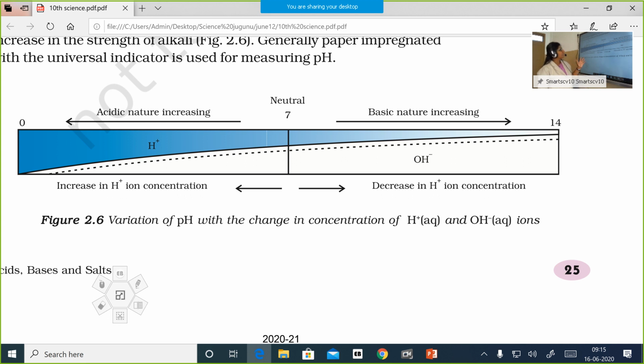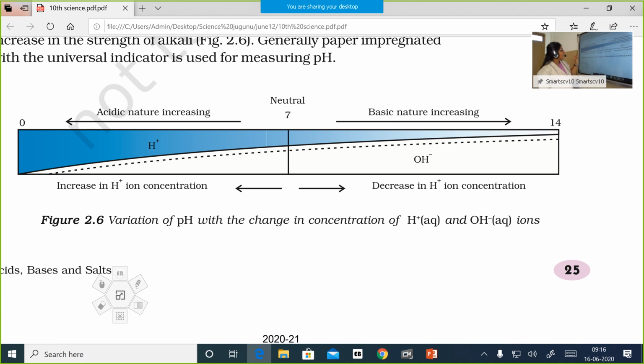We determine whether a solution is acidic, neutral or basic depending upon the relative concentration of what ions in it? H plus ions and OH minus ions. So if H plus ions and OH minus ions are in the same concentration, almost equal in number, we say it's a neutral solution having a pH value of 7. Now the acidic solutions, the solutions with pH value 0 up to 7. In this diagram, it's very clear why we call them acidic. Such solutions have more H plus ions compared to OH minus ions. H plus ions here are indicated by the blue shaded region. OH minus ions are indicated by the area which is not shaded.